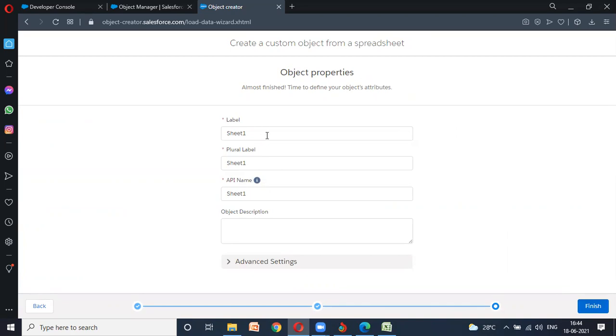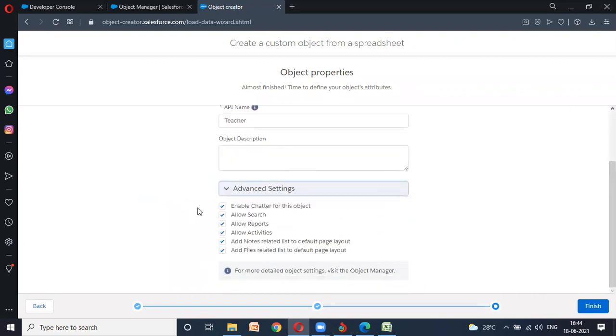Now here, for the label name, you can give teacher. I'm going to copy the same label. If I show you, by default everything is marked. When you create any custom object manually, we need to click it, but here too there are options; you can unmark this, but I want it marked, so let it be.